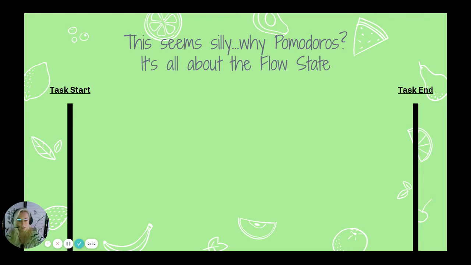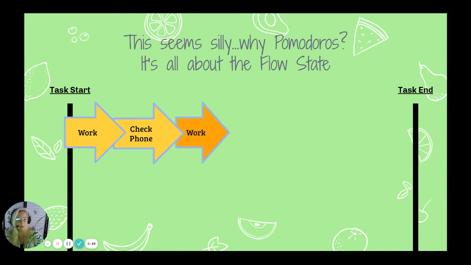Now, typically, when you're in a flow state, you start a task. So for me, I would start with work, and then my phone goes off. I need to check that. It's my friend. I need to respond to them. So we go back and forth for 5 minutes, and then I remember, oh yeah, I got to get that thing done. So I go back, and now something's a little different because now instead of focusing on my task, I'm thinking about my conversation with my friend, and my willingness to do the work and my energy level to do the work is now a little bit lower.